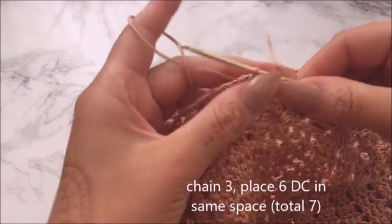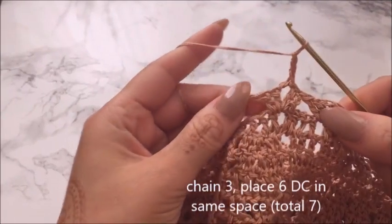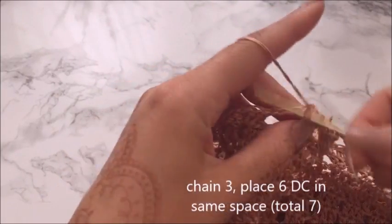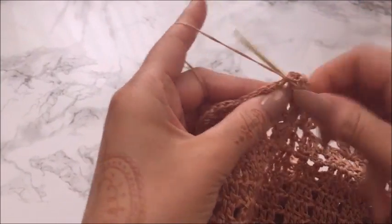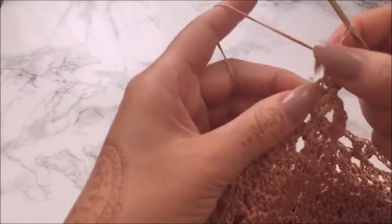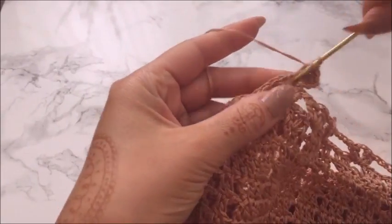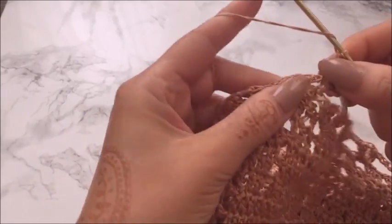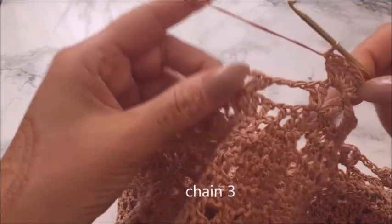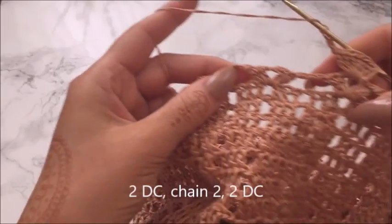So then once you have that, you're going to again slip stitch over to the very first space. So I'm just putting it through the random top until I reach the middle part. So it's kind of like a baby shell in between the 2 double crochets of the very first space. I'm going to be placing a total of 7 double crochets. Your chain 3 does count as 1 for this very first one. I don't know how else to describe it. So you're going to have a total of 7 double crochets in the center of the little baby shell that